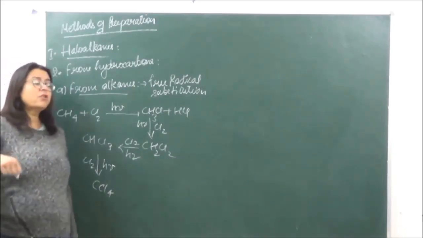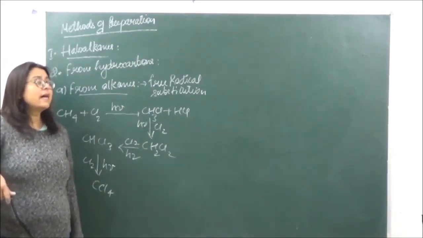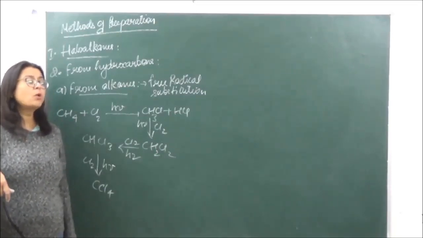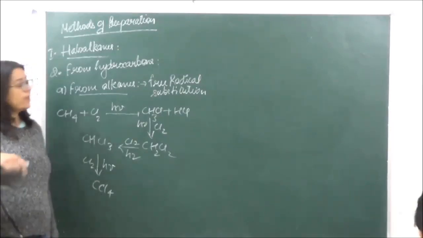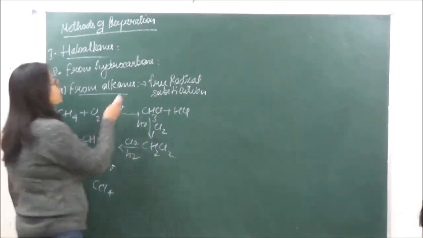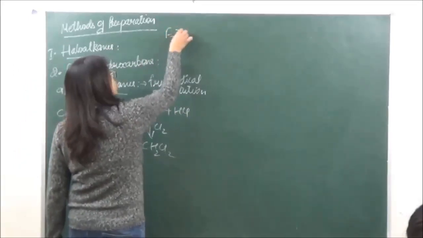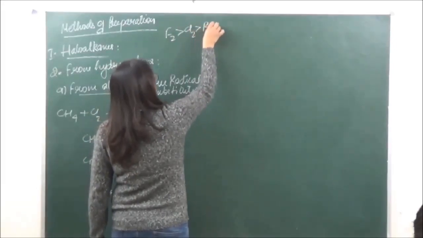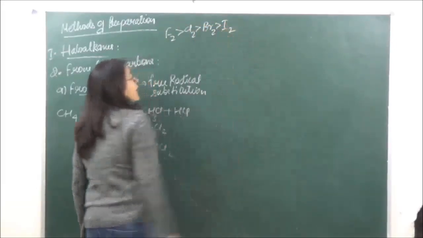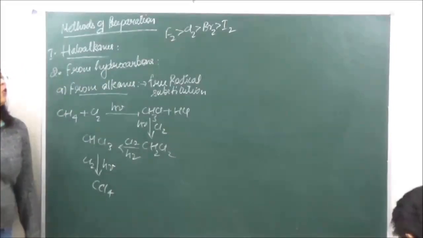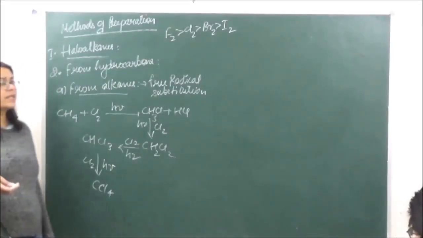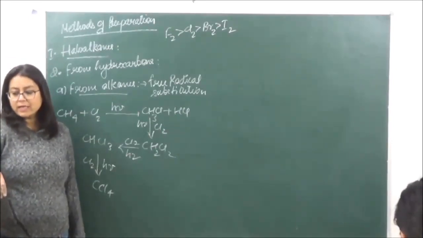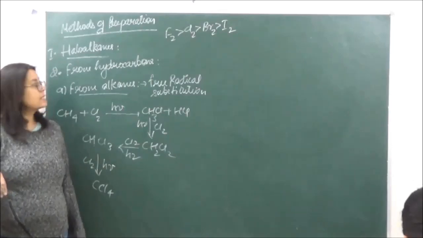Why fluorination cannot take place? The reason behind that is that the reaction is going to be highly exothermic. Fluorine has a very small bond dissociation energy. So when we're doing the order of reactivity over here, it is going to be fluorine which is going to be most easily reacted, then after that iodine. Now because of very low bond dissociation energy of fluorine, the reaction becomes highly explosive and difficult to control. So that is why we cannot do it by this, right?